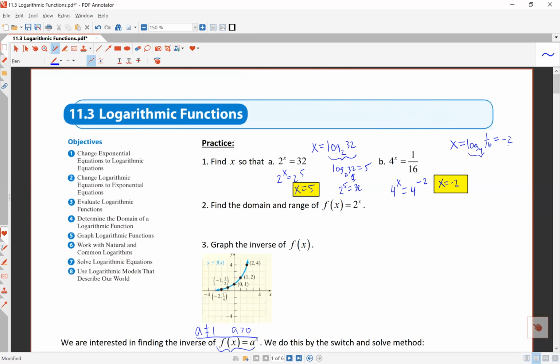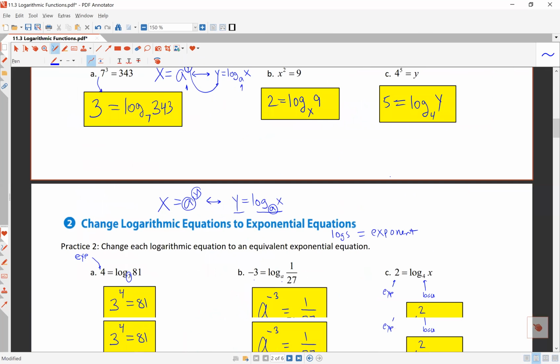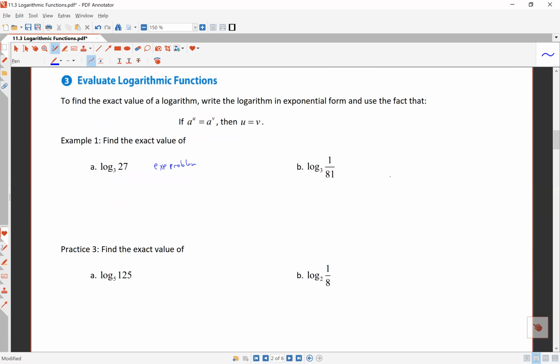This is the logarithmic statement, and this is the exponential statement. That is how we will deal with evaluating logarithms. So when I see something like log base 3 of 27,